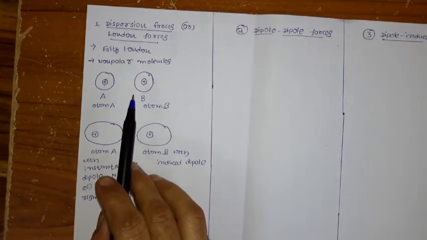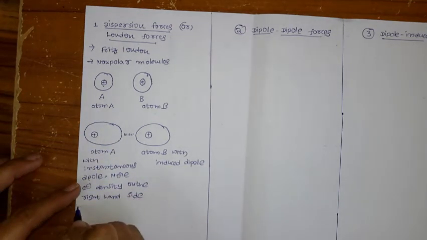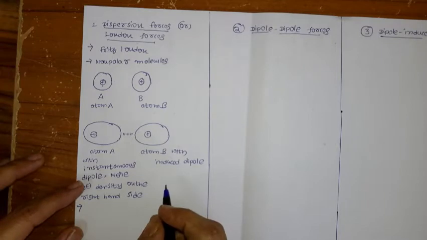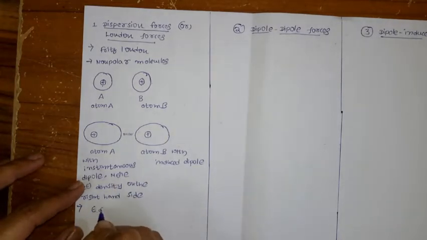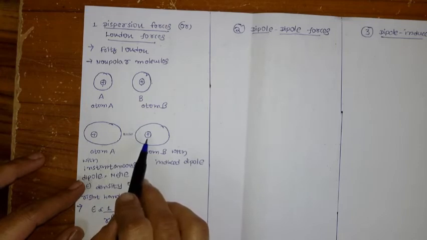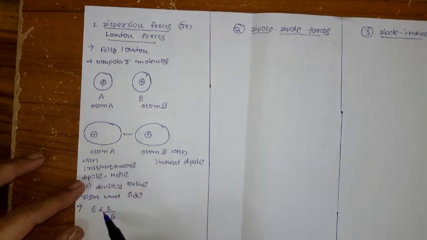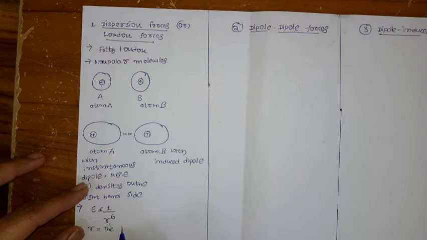Now, these are temporary forces. Now, come to here. If you see, these are the energy. If you calculate, the interaction energy is inversely proportional to the sixth power of the distance between the two interacting particles. If you want to know how much energy there is, that energy is inversely proportional to the distance. What is r here? R means the distance